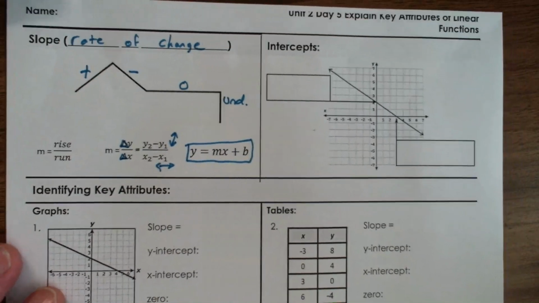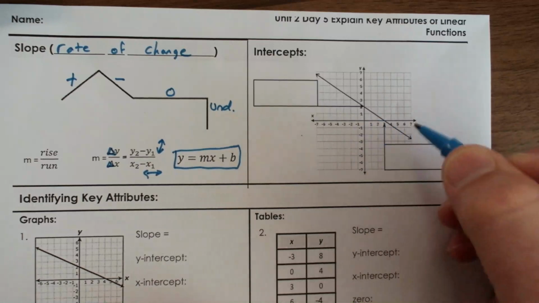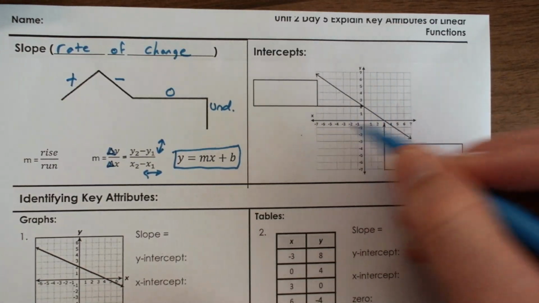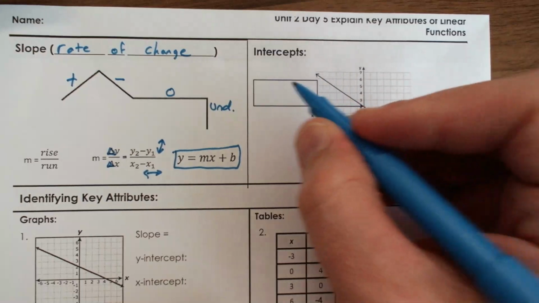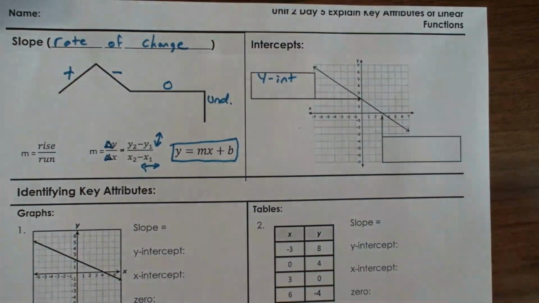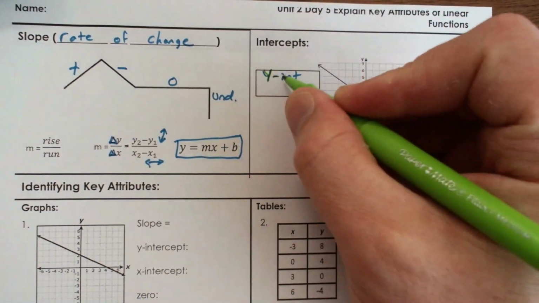So, a couple other key attributes are intercepts. There are two intercepts on every single graph, or two possible intercepts, I should say. There's a y-intercept, which is found right here. It's where it crosses the y-axis. Yeah, I'm going to write this in a different color. I'll keep slope in blue. We'll go green. The y-intercept,